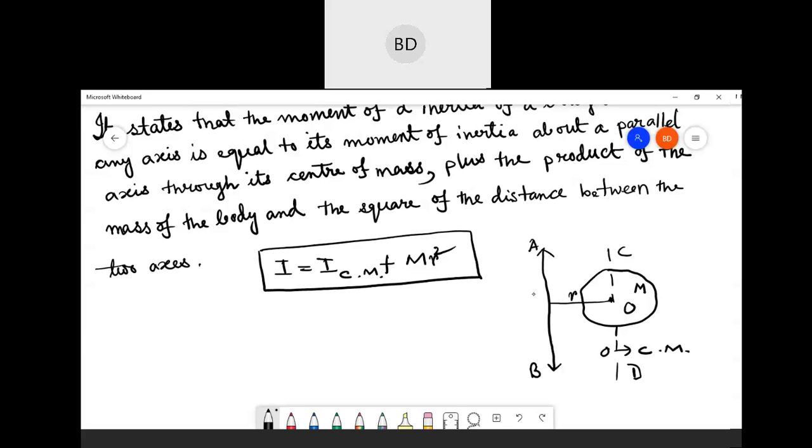Fine. So what is m? It is the mass. What is O? It is the center of mass. And this is the parallel axis. These two are parallel, AB and CD are parallel. So in that case, what we will get, the equation is,